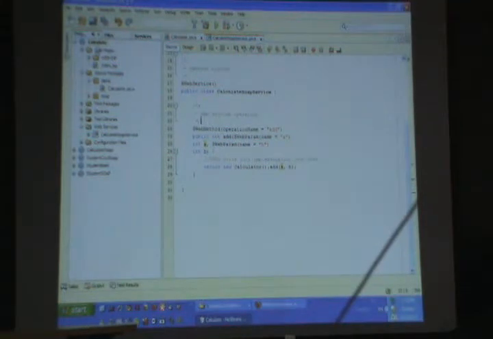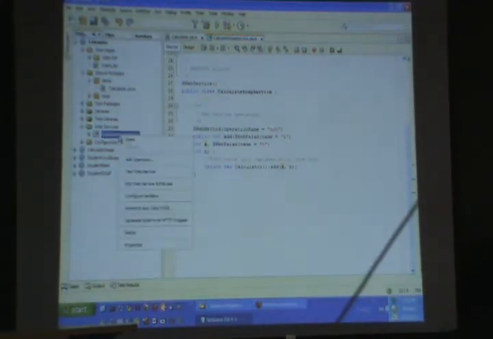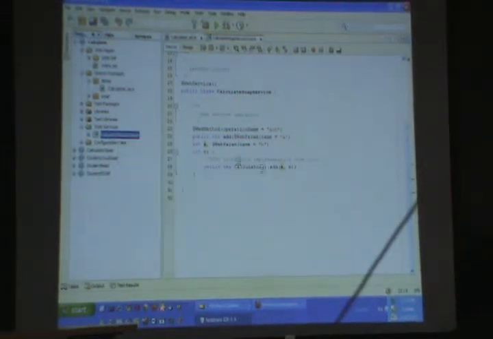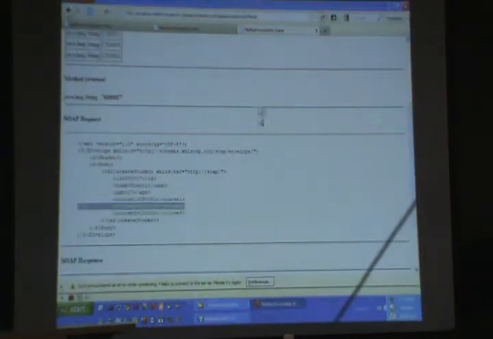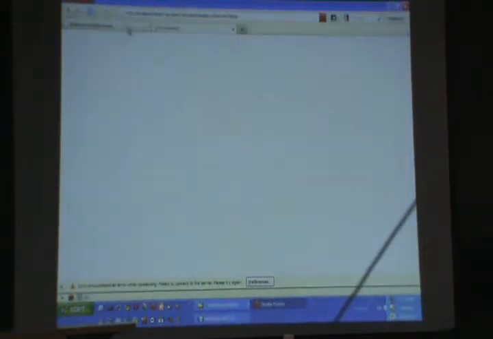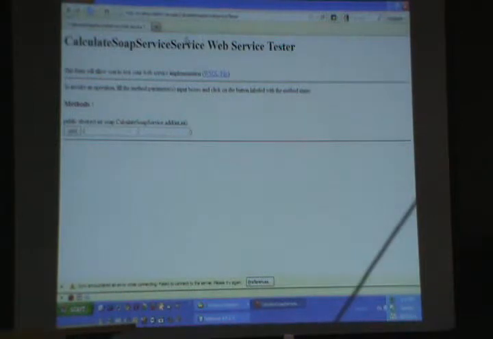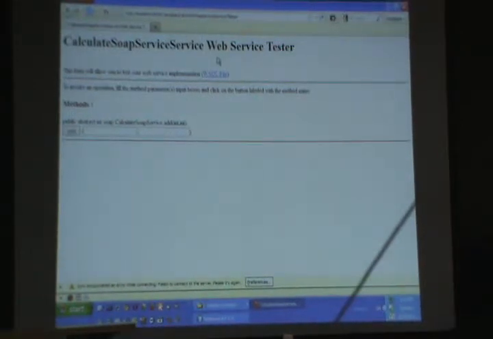So I'll just now run it. I'll right click it and say test web service. So this feature also NetBeans provides. So see, it has generated a web page to consume my web service, right?